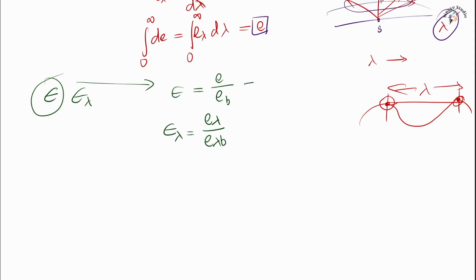So epsilon is called the emissivity, and epsilon lambda is the monochromatic emissivity,